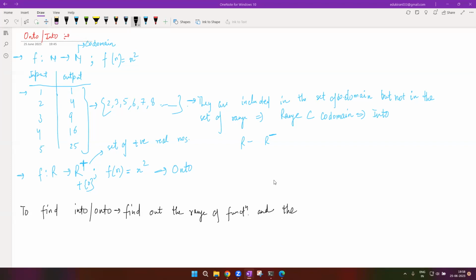Right? So find out the range of the function and compare it with the codomain. So the main step is